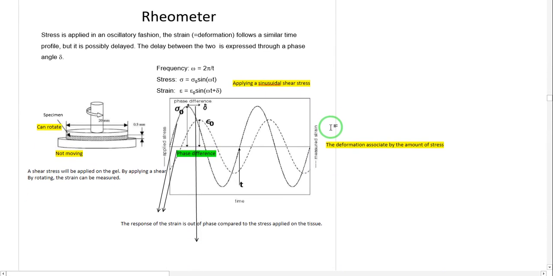Okay, this is the rheometer that I mentioned in the introduction. We have this oscillating plate which applies a sinusoidal stress on our material, and you see here this black line is the stress which has been applied, but on the other hand this dashed line is showing the amount of the strain, the deformation associated with this black line, with the stress. So this is the stress that we have applied, and this is the strain,